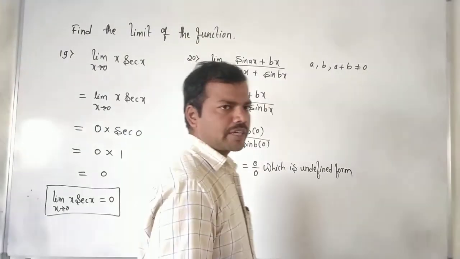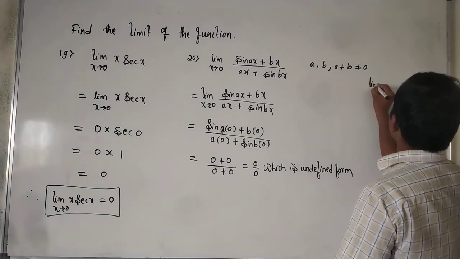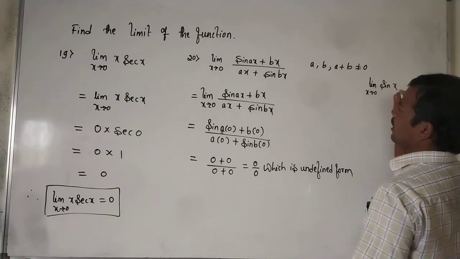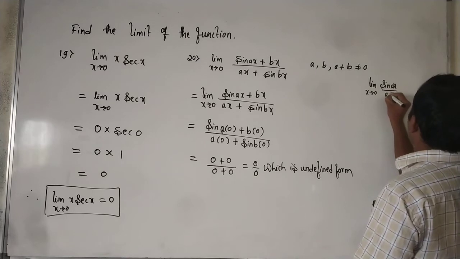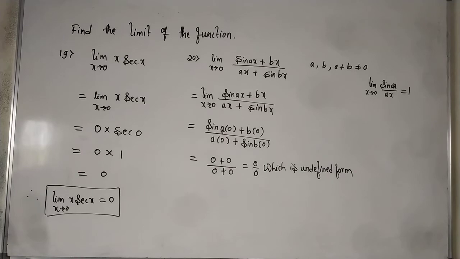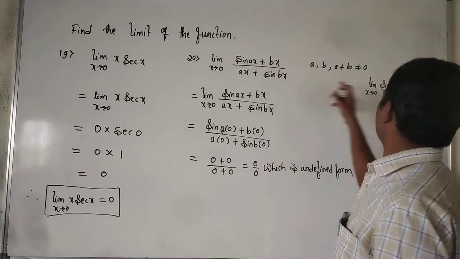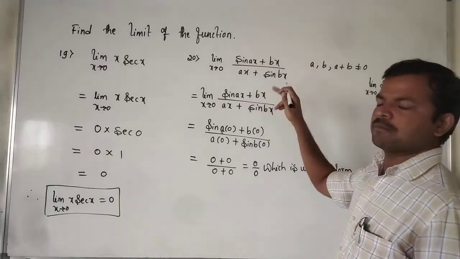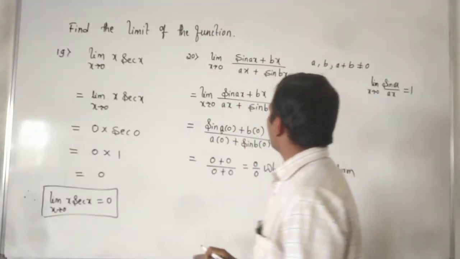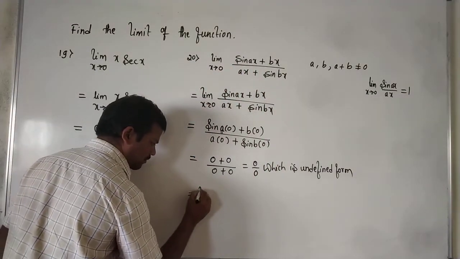So first, a trigonometric function is there. Which is the formula? We know that for the trigonometric function, the limit as x tends to 0 of sin ax divided by ax, if we have ax, then we can write it as 1. So we can make a constant, we can multiply and divide. So we need x here. For that purpose I will take x common in the numerator and denominator. So I will make the simplification for that.